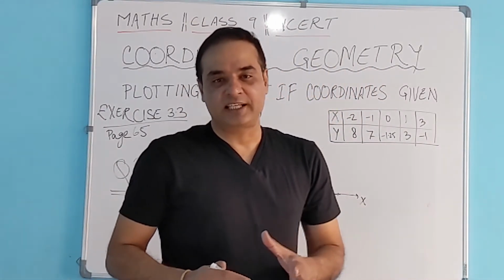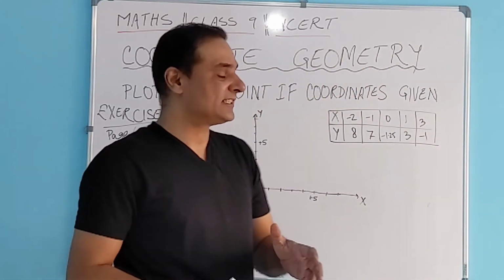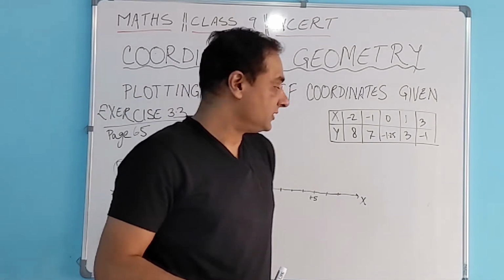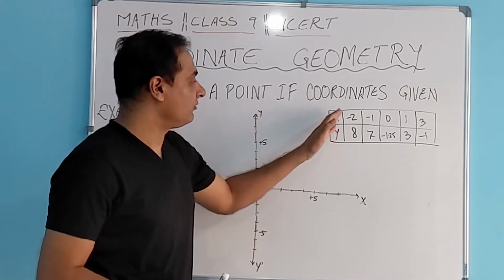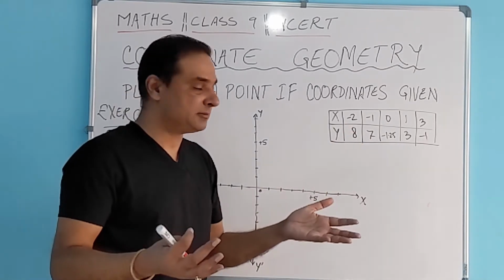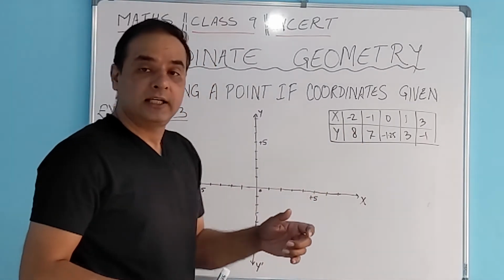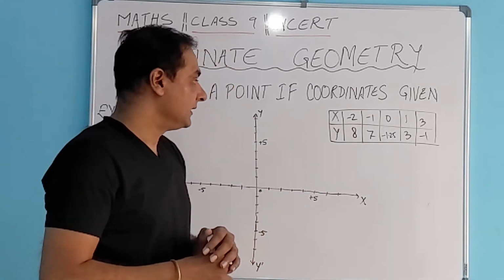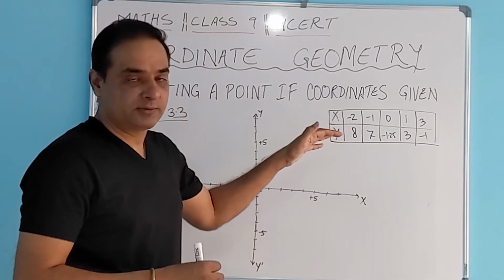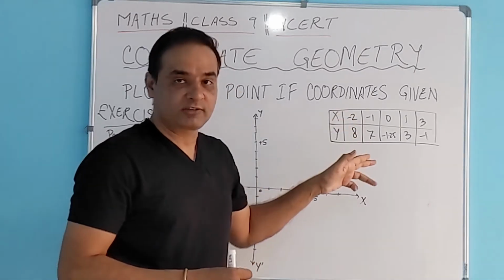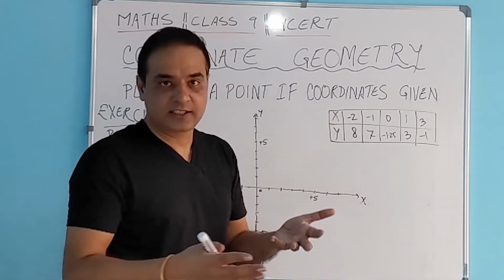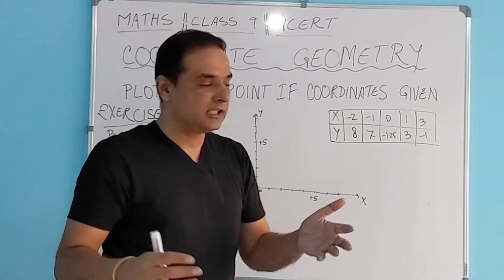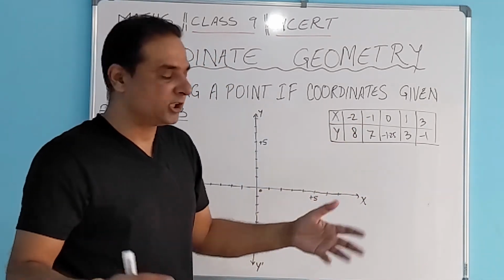So now let's look at question number 2 in exercise 3.3, which is given on page number 65. So here we are given the values of x and y in table form, and the question is that we need to plot these points. अब क्वेश्चन और पॉइंट प्लॉट करने के लिए हमें सिर्फ वैल्यू चाहिए x और y की. डज इट मैटर कि हम लोग को वो x, y ब्रैकेट में दे या टेबल में? नहीं. तो हमारे पास x और y की वैल्यू है, हम लोग प्लॉट कर सकते हैं.